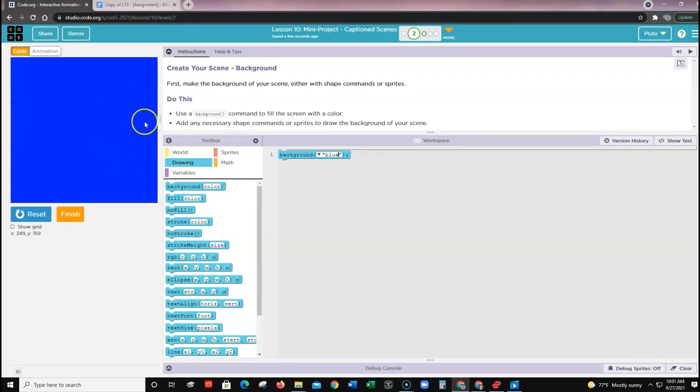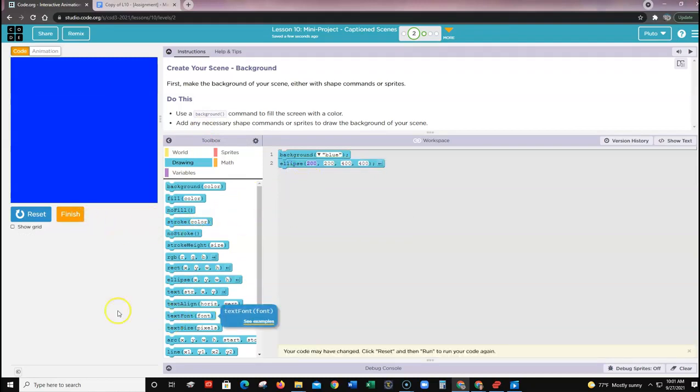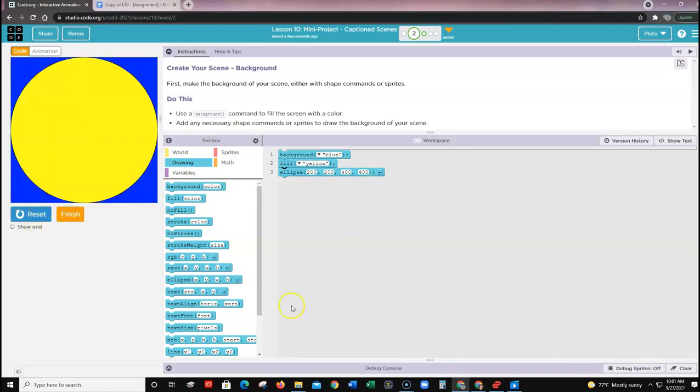So if I want to put a sun up there, I could put an ellipse and put that ellipse in a certain area. I can give the color of that ellipse, the fill color. Let me drag that over. The fill color of that ellipse, and okay, so I can see, well, that ellipse is too big, so then I would want to resize it. So I can resize that ellipse and